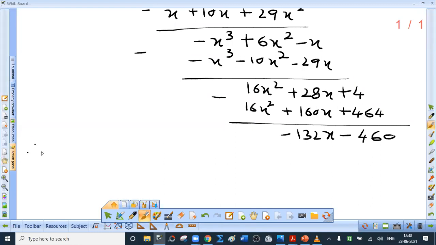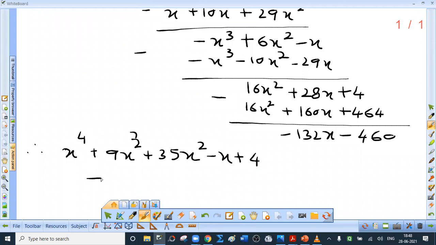So what is difficult? Division. So the value of this expression, what is that? x raised to 4, I'm sorry, not 2, plus 9x cube plus 35x square minus x plus 4. This is nothing but